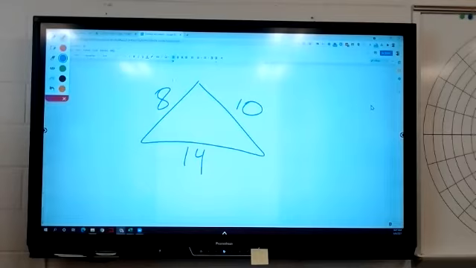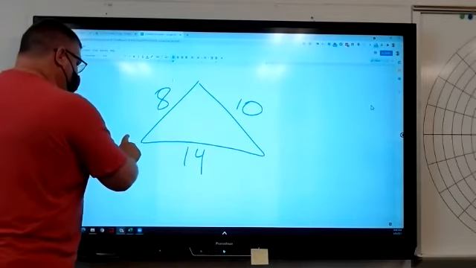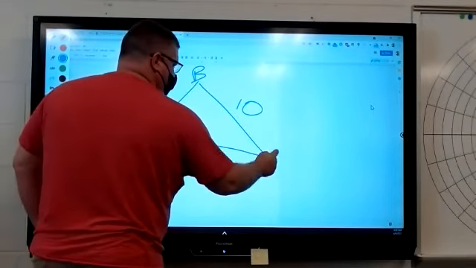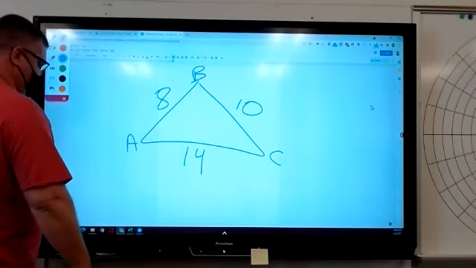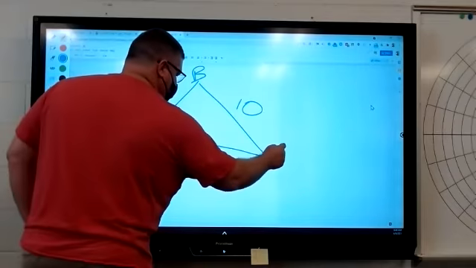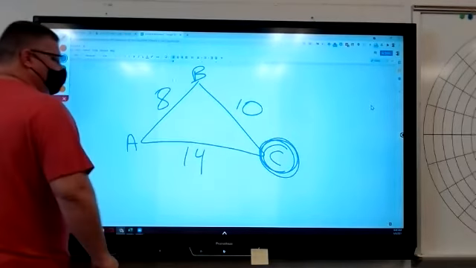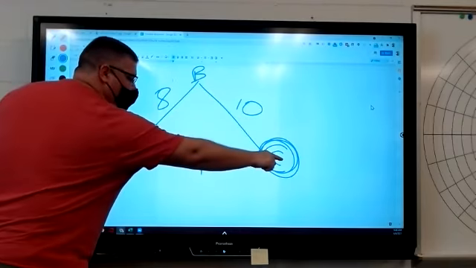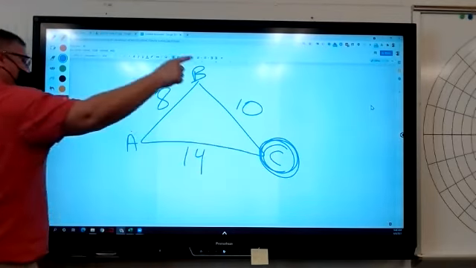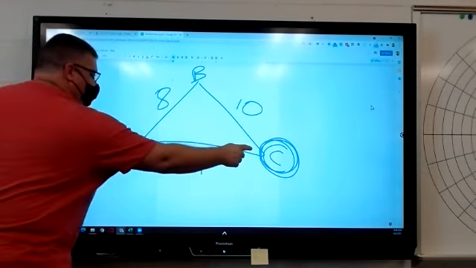What's wrong with this? We don't have any angles. I have 0 angles. So, what do we want to find? Let's find angle C. So, what does my law of cosines start out with? C squared. If I want this on one end, what goes on the other end? The same thing. 8